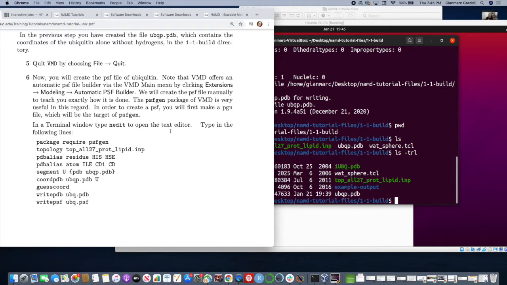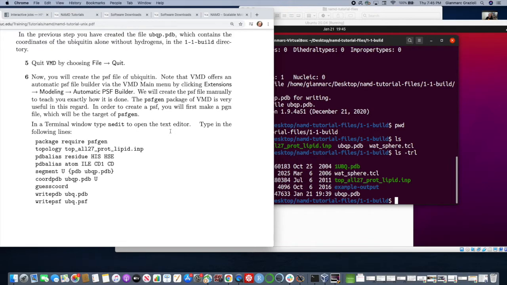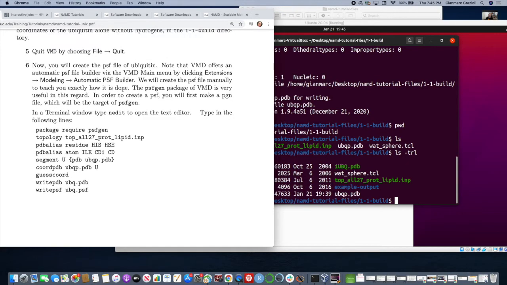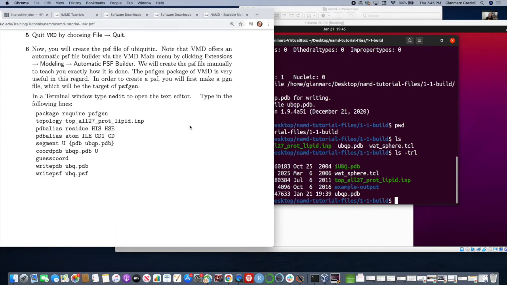Let's see, and the way we do this, VMD offers an automatic one. Okay, the way we're going to do it though, we're going to use this PSFGen package of VMD. So basically there's, you know, protein structure file generator, right? PSFGen. So this is a bit of software that exists inside of the VMD software package,